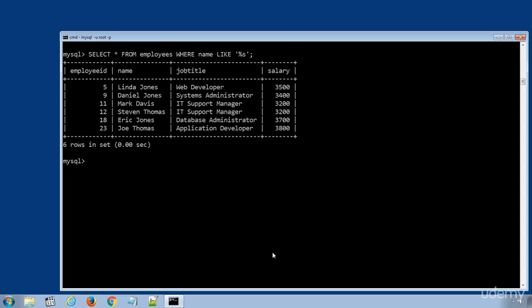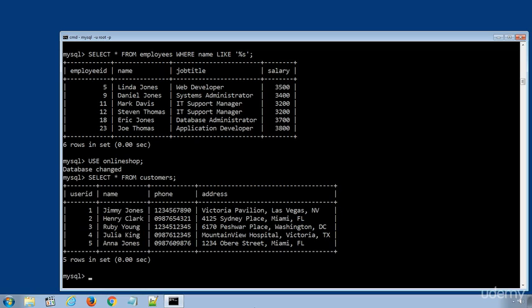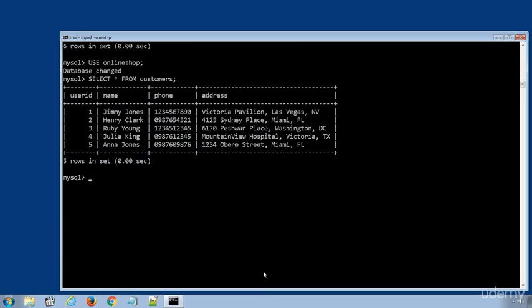Let's select the online shop database and display all the records from the customers table. Now we will filter the data rows and get only the customers whose name contains the alphabet U. The SQL statement will be